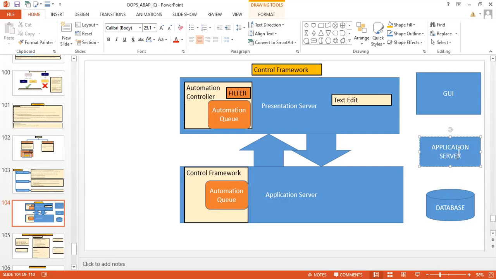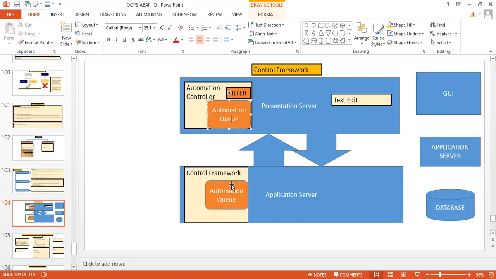In the ALV grid control, if you have observed, all the data is not loaded in one go. Why? Because we use the ActiveX control there. All the data is not present there in one go, but all the data will be there in the automation queue.